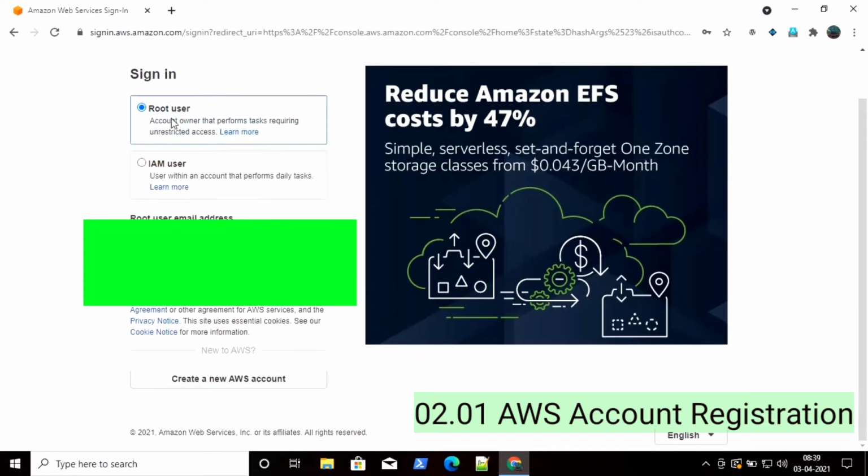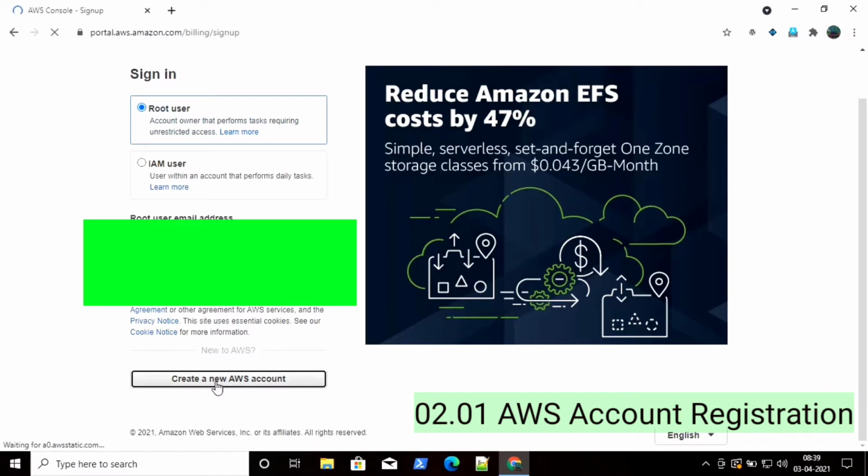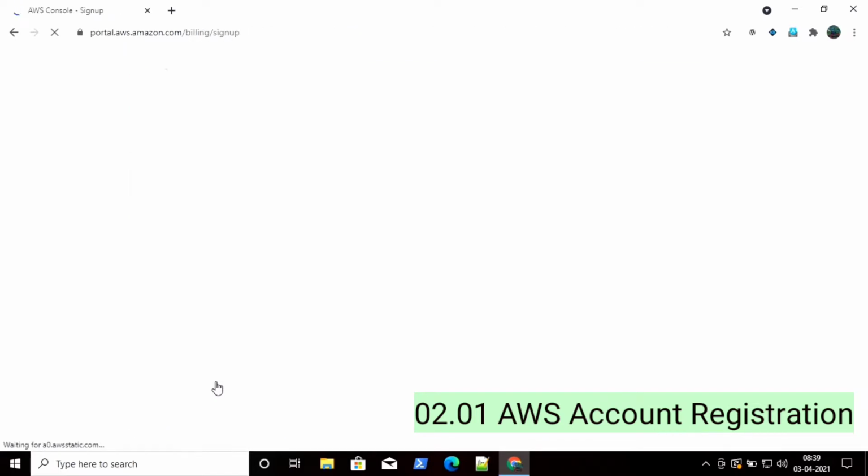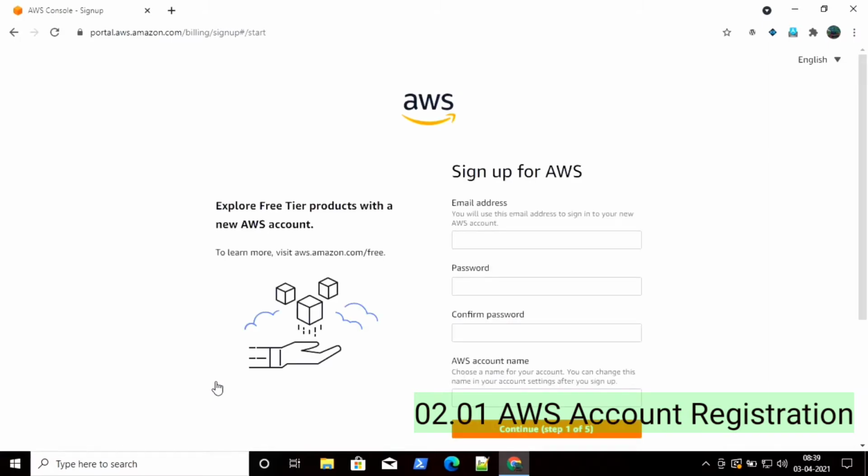It is asking to log in, so just scroll down below and click on create a new account. Here you can see we are currently on the sign up page of AWS.